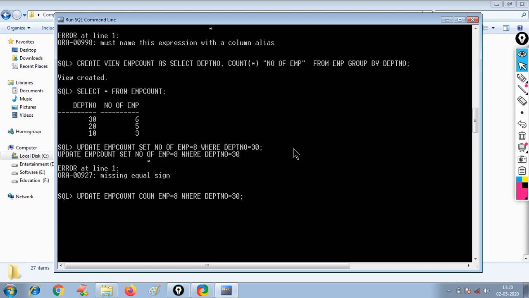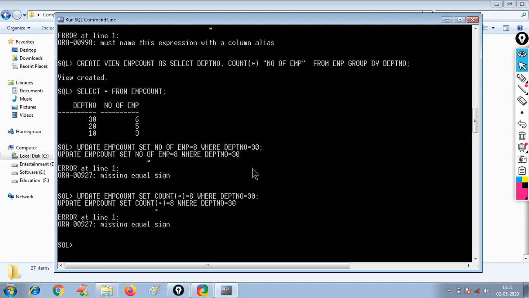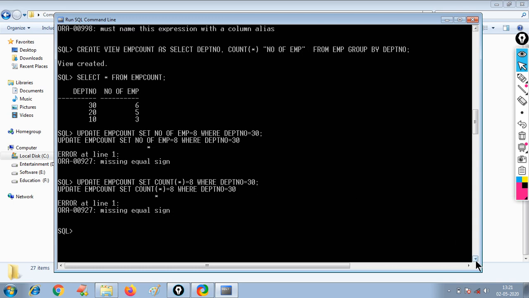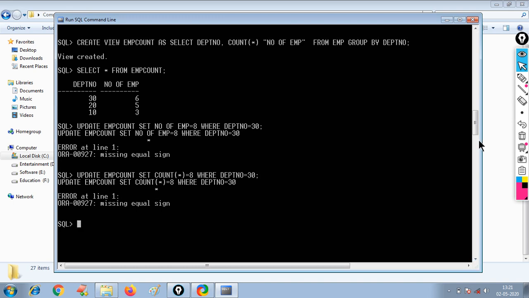If I use count asterisk, even then it is not possible here. So this is an example of a non-updatable view.